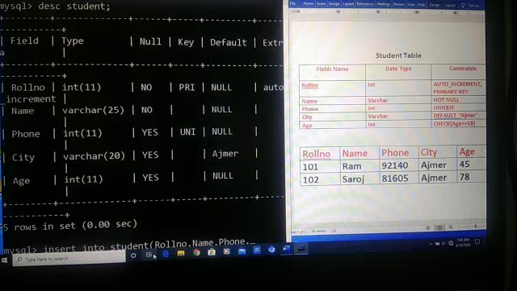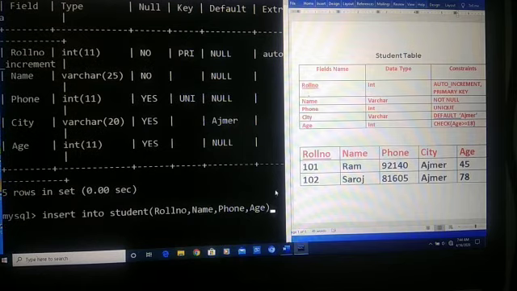So we will not write the city attribute here. We will write age and close our parenthesis. Okay, then we have to write values.